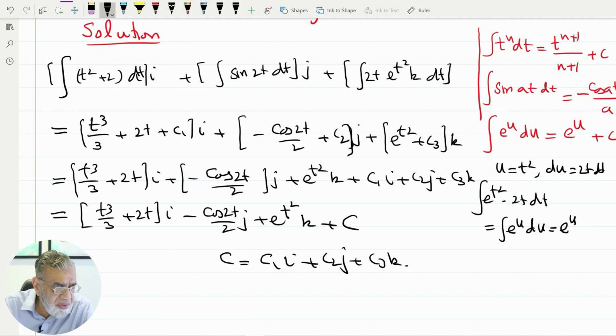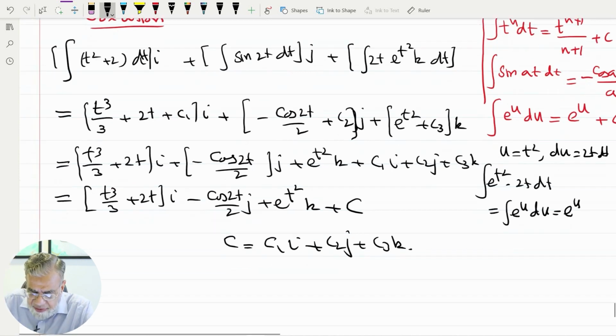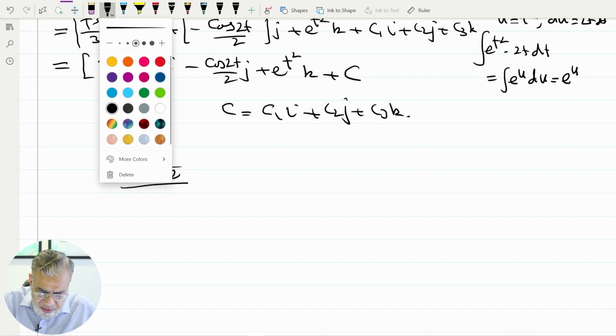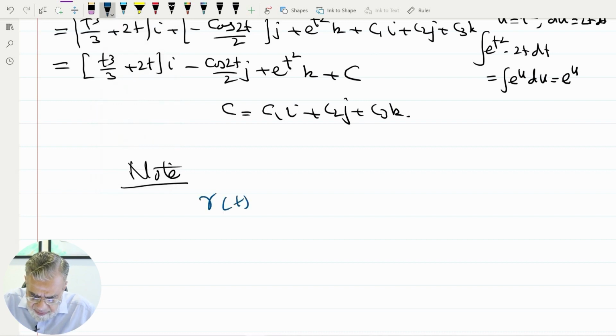My next example I'm going to give you is that we are given the function of acceleration, and I want to write the position vector. So again, in the last section we have done, we gave the position vector and we found the acceleration. So we did it by differentiation, and here we are having integration. So for example, as we can note here, we are given here r of t,